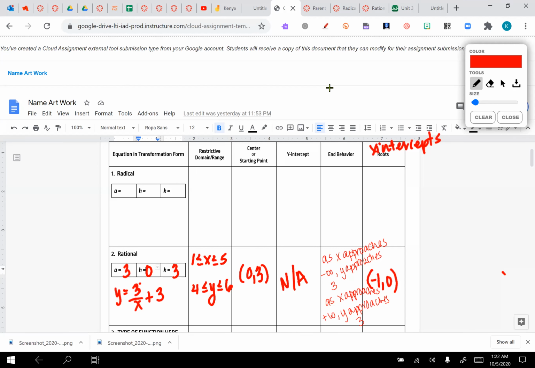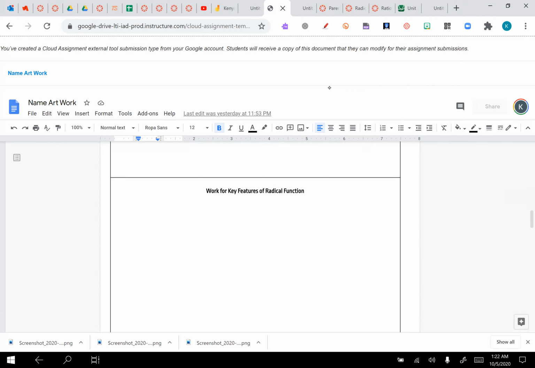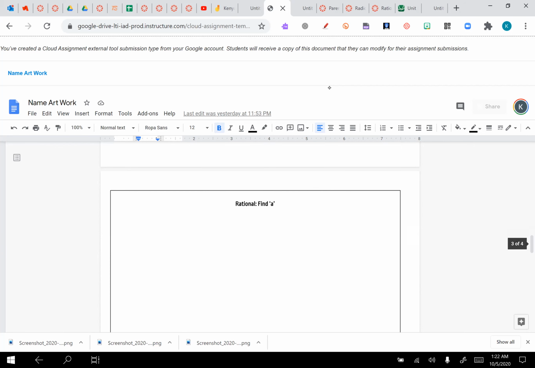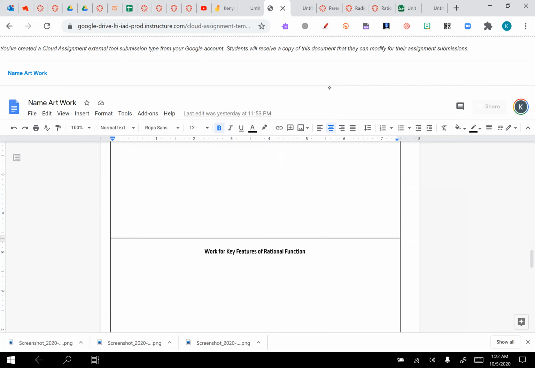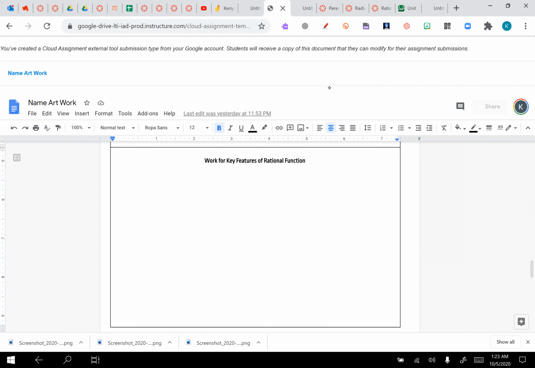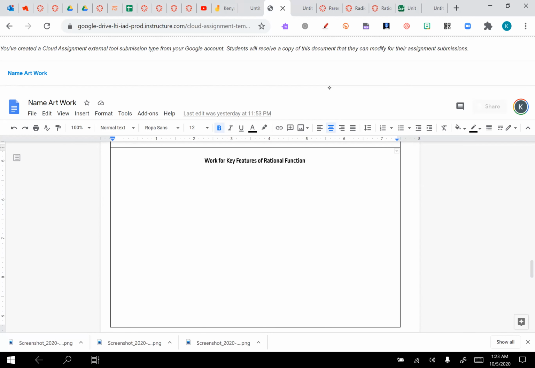So here we go. I filled in a chart with the behaviors here. Okay, so let's download that so we can clear the screen so I can show you something else. So remember, your work is going to go down here where it says rational, where you found A. That's a separate work that you did. Okay. And then the work that you did on your key features, you're going to put right here. Okay. And we just got one last thing to do to make sure we are good to go. So let's do the verbal description of the